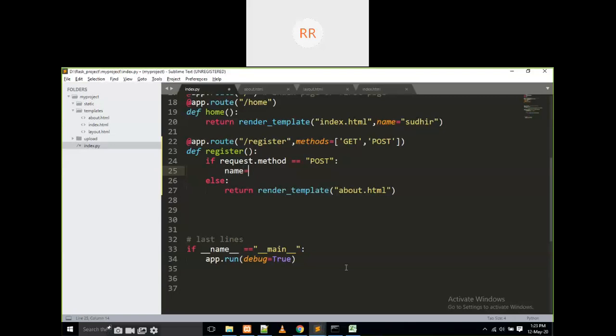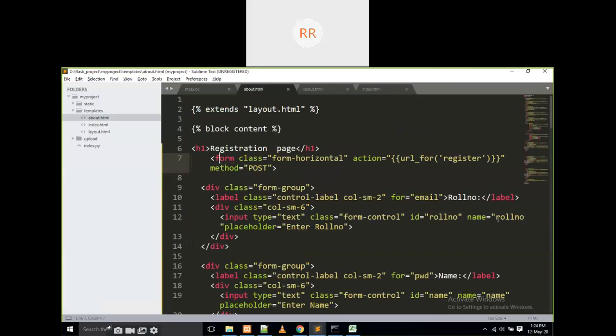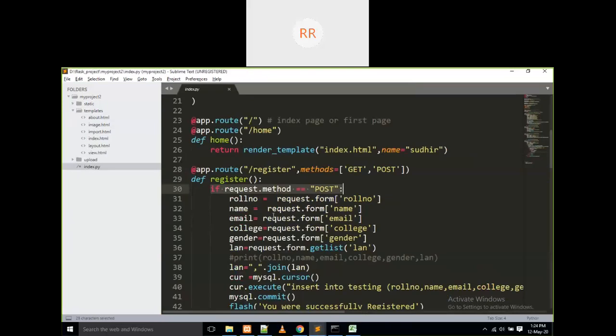Name is equal to request dot form. For example, the first field is the roll number, and I have to maintain the order here. Roll number is equal to request dot form of, what is the name of the text box for the roll number? That is roll number, right? Request dot form of roll number.